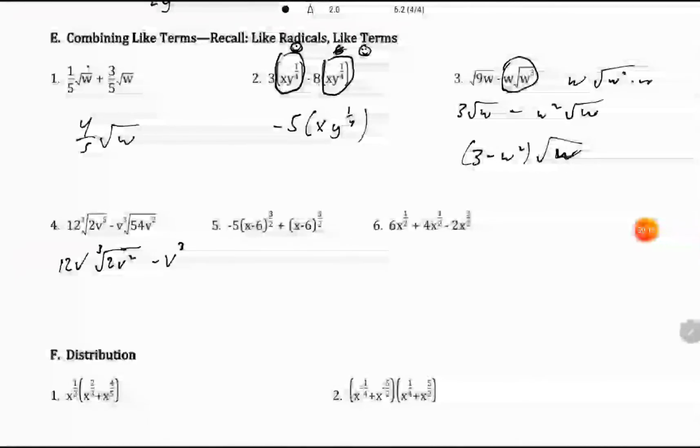Cube root of 54. Let's break that down a little bit. That's the same thing as 27 and 2. And then v squared's left inside. Okay? So this is going to be 12v cube root of 2v squared minus cube root of 27 is 3. And then we have v cubed